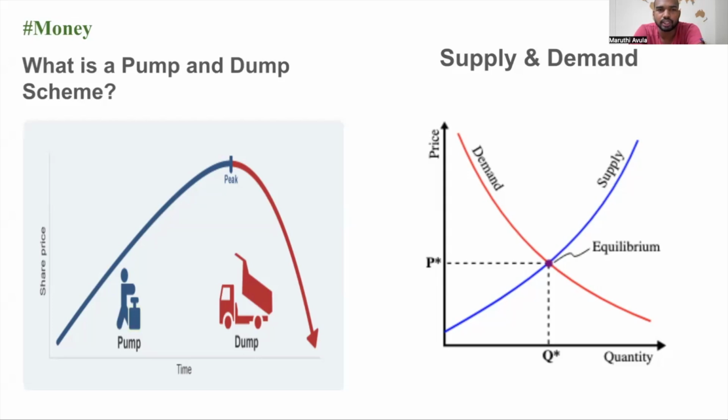Now I hope that you guys understood the pump and dump scheme as well as the supply demand rule. So it is really important where you enter and where you exit. If you enter here and exit here, you will end up with a profit. And if you enter here and exit here, you will end up with a loss. So your investment depends on the entry and exit. The right time to enter and the right time to exit